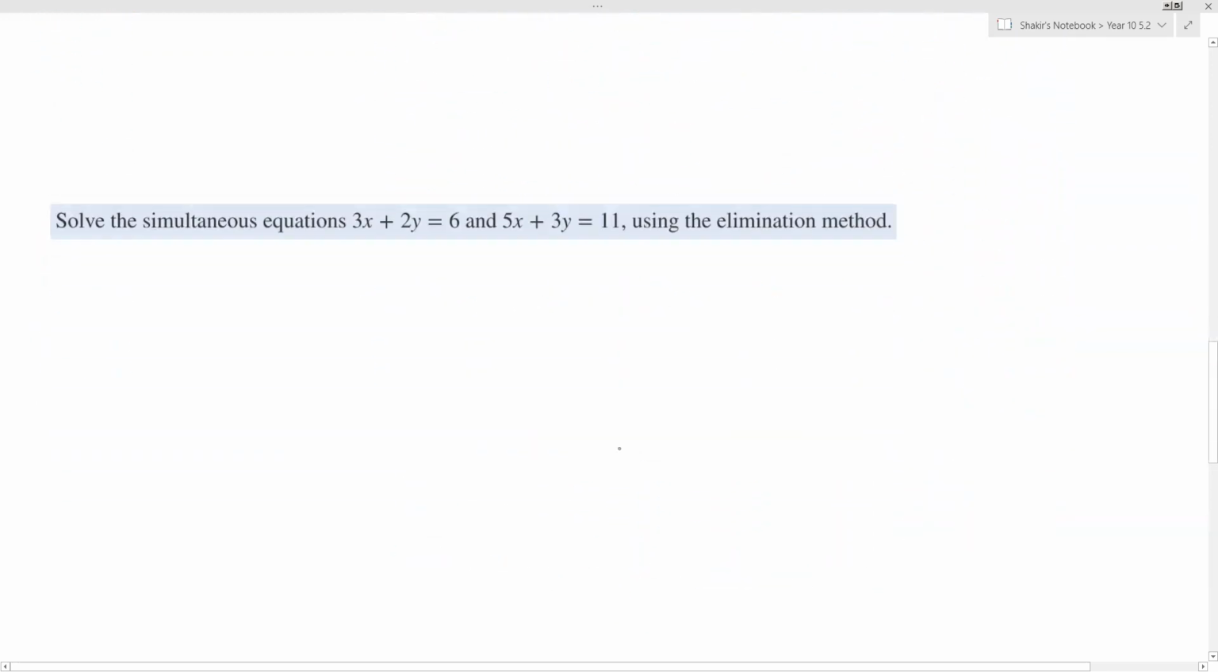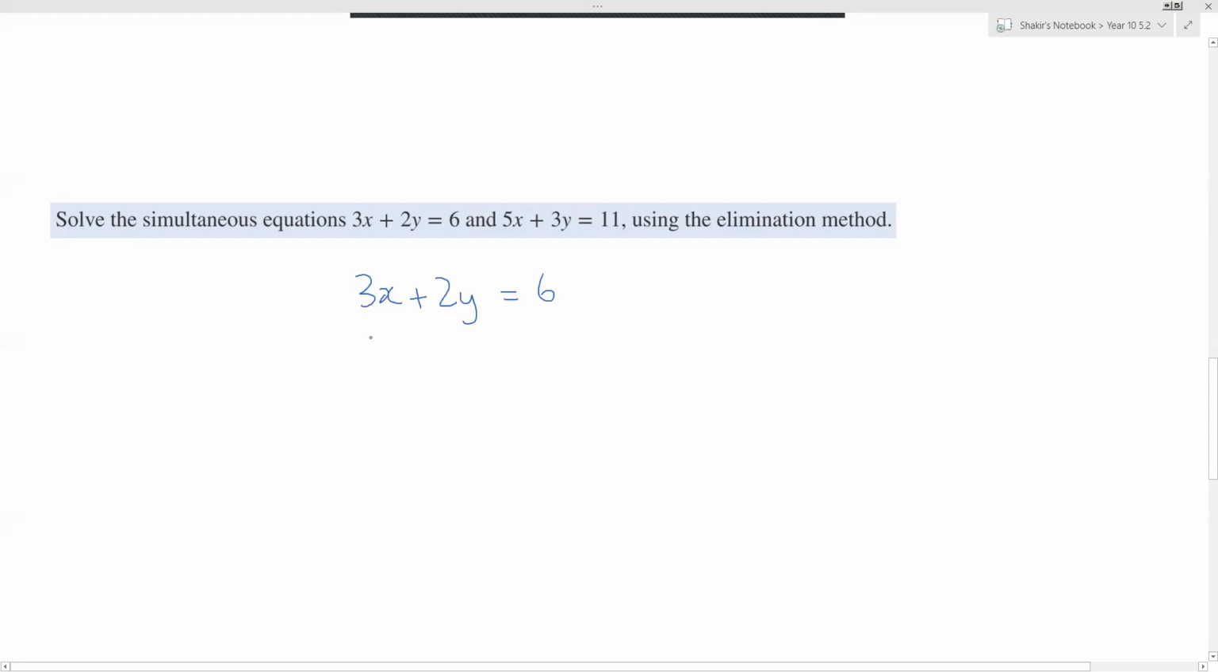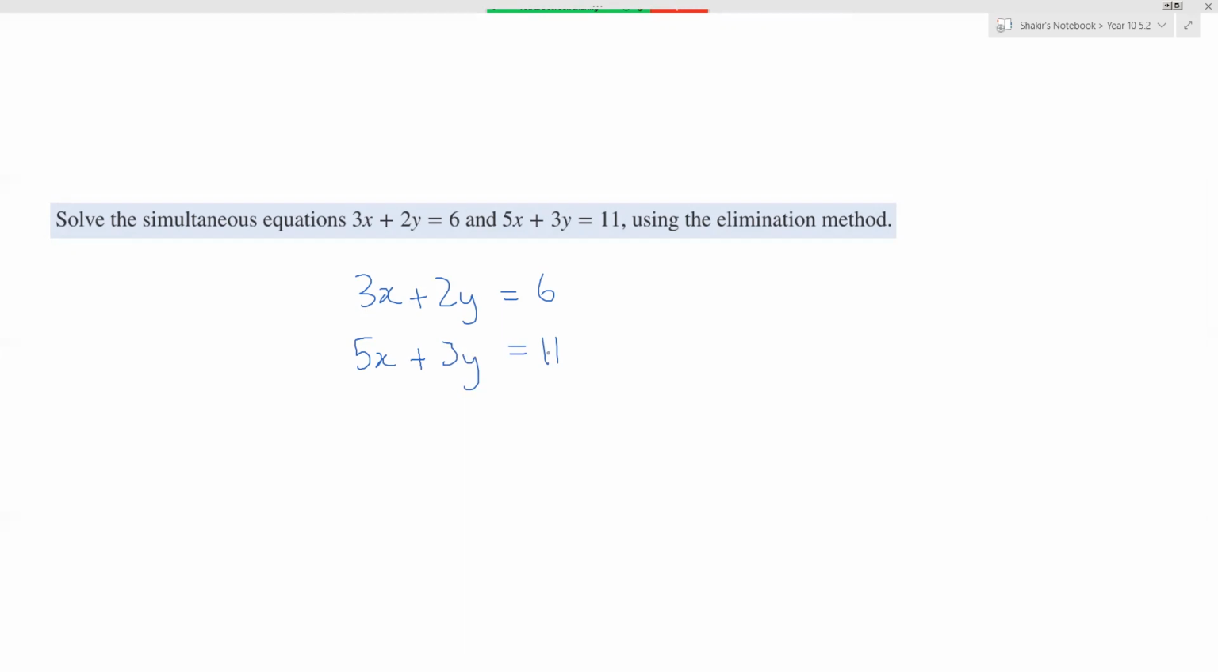Let's look at another question. This is a harder one. So you might have something like 3x plus 2y equals 6, and you have 5x plus 3y equals 11. And this is a harder one. Now, when you have something like this,